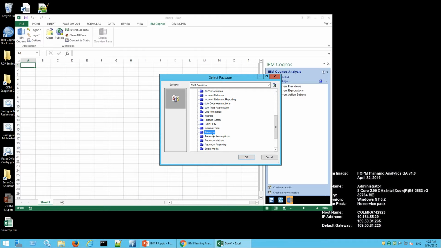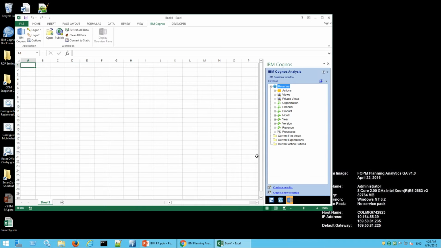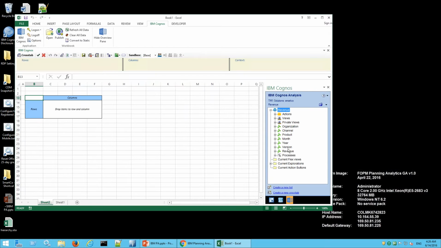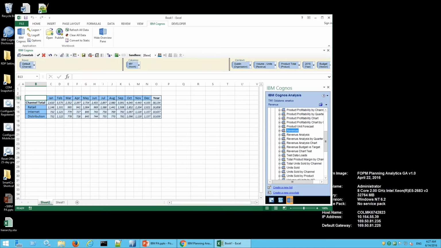I'm going to just quickly look at the revenue data. And the quickest way to create a view in here, I'm going to create a new crosstab, which is blank. Now I could drag and drop my dimensions into here, but I've got some existing views already in the system. So some of the views I've already been working with, I'm just going to replace the crosstab with that. Okay, so immediately I can see the volumes for Dublin broken down by channel, by month, but actually I